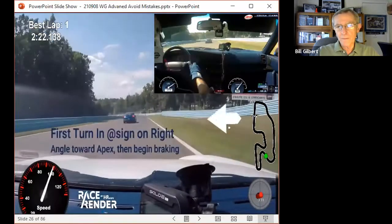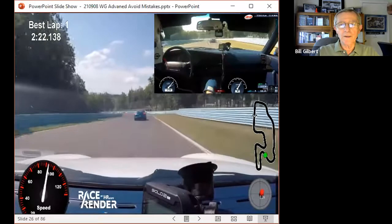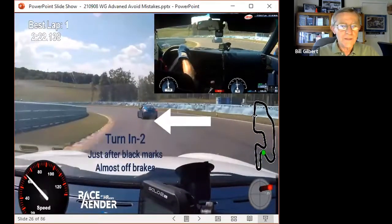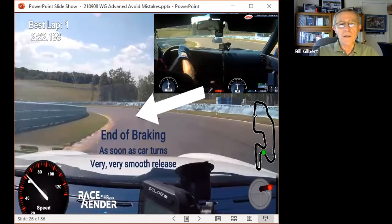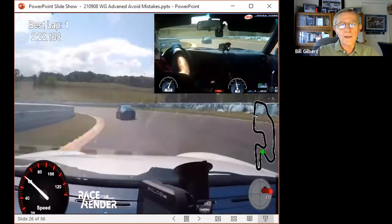Notice on the right here, there's a sign. That's a reference point. There's also that grate on the right. Let me see. The turn in, to make sure you're turning in is right opposite the first flag station. So this point